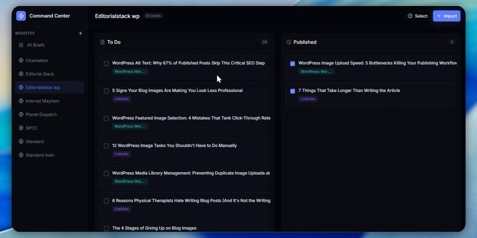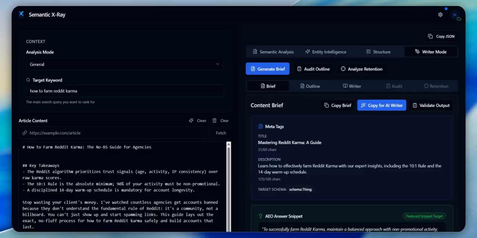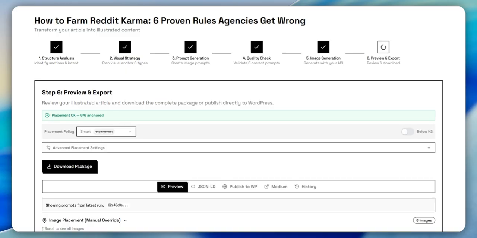So you'll be getting the Claude skills on how to create this content as well, and you'll also be getting the Claude skills on how to create awesome, not just AEO, SEO optimized content. You literally just say, find me some niches, and it will go ahead and give you all these different weird niches, and then it will help you create the entire content plan. And then after that, you're able to import that into here and then just get started with your AI writing. Then from here, after you've written the article, off to Semantic, then onto Editorial Stack,